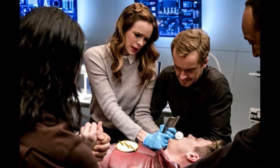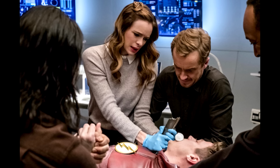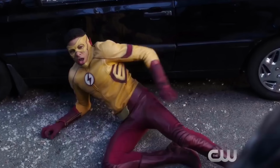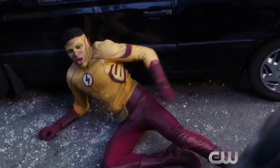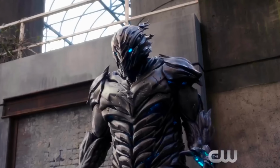But let me know what you guys think in the comments below. Are you still convinced that it is Caitlin who's going to betray Team Flash, you know, with her Killer Frost powers, or do you think it could still be Wally? Maybe he is the one who throws the Philosopher's Stone back into the Speed Force, but maybe only out of desperation. But who knows? Either way, if Savitar gets a hold of the Philosopher's Stone, I would love to know